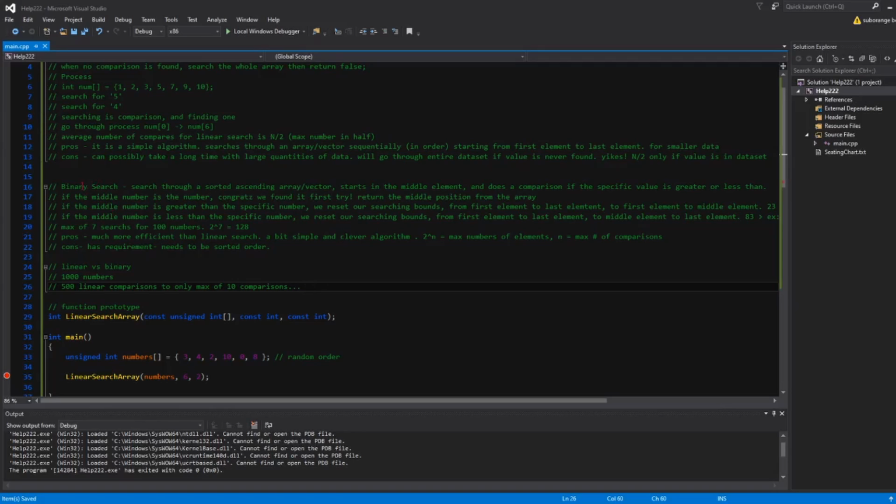We've got a binary search, and what this is going to do is search through a sorted array or vector, either in ascending order or descending order, but it has to be sorted one way or the other. And what we're going to do with that sorted array or vector is start in the middle element